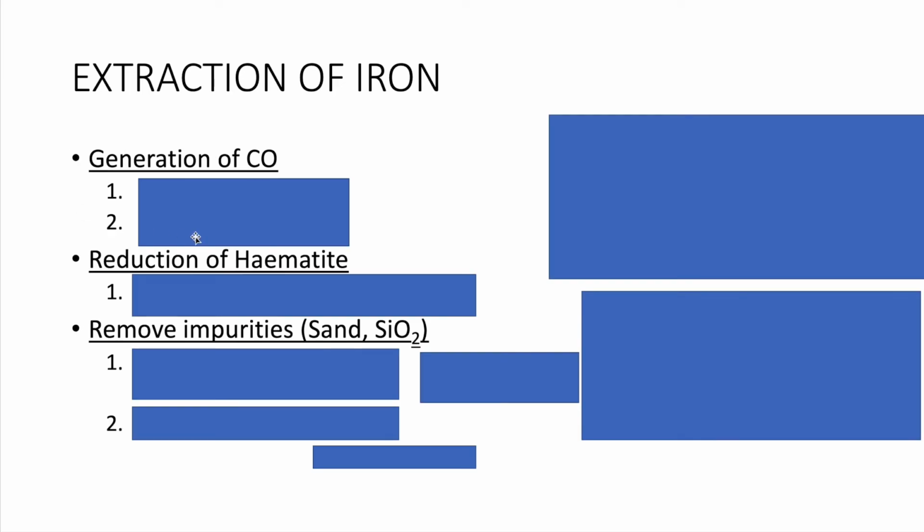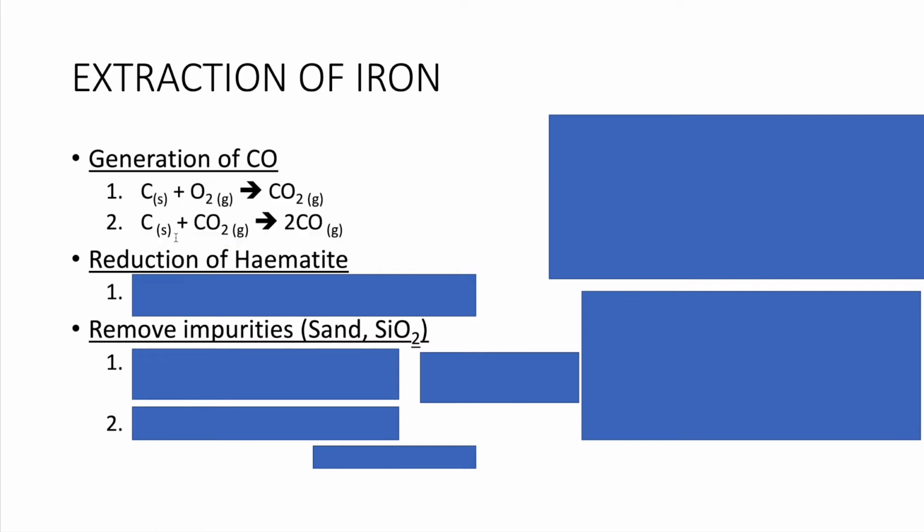The key ingredient you need to use to reduce the iron ore will be carbon monoxide. You need to first generate carbon monoxide. First, you can remember it by brute memory, or for me, I would prefer to use a storyline method. I'd like to tell myself stories. So first you add the coke,